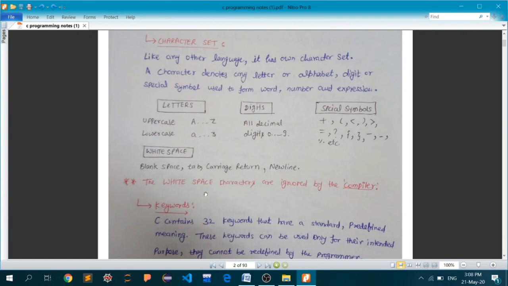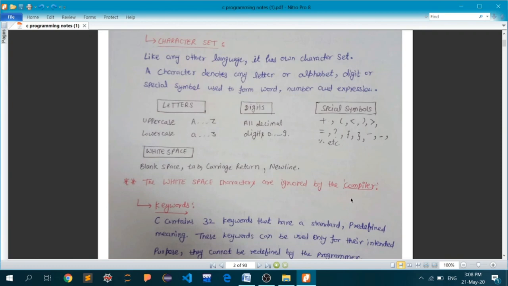There's one special thing, that white space characters are ignored by the compiler. That is not true for all things. It is true in some cases, but while dealing with strings, you will see that white spaces are actually counted by the compiler inside the strings.